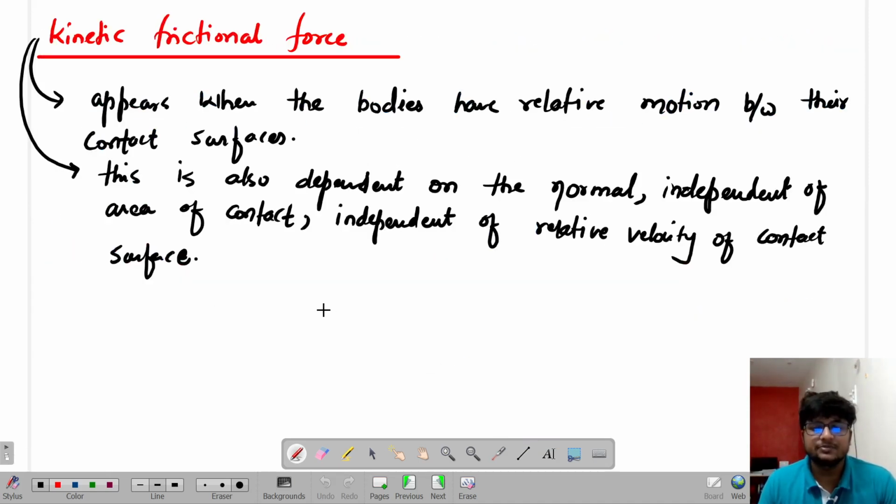It is saying that if you move, I'll be present. But I am not going to say that if you move faster or slower, my values will change. If you move slower, the same value will appear. If you move faster, the same value of friction will appear. Is that clear or not? And this is why a faster body takes some time to slow down and a slower body stops faster. Is that clear or not?